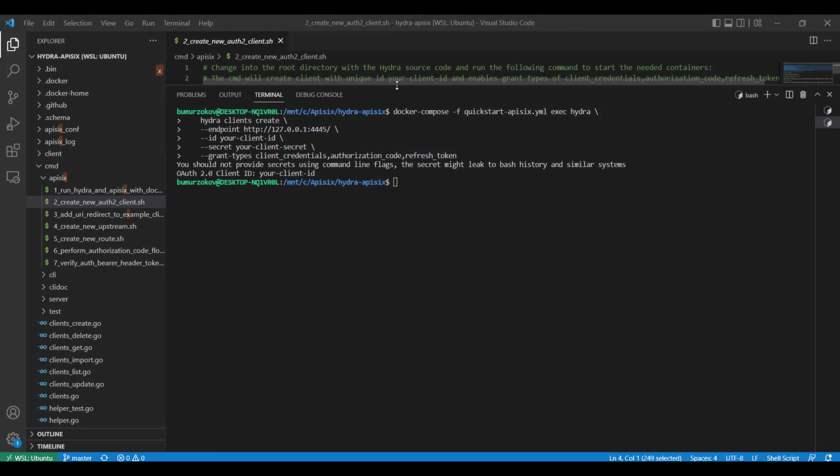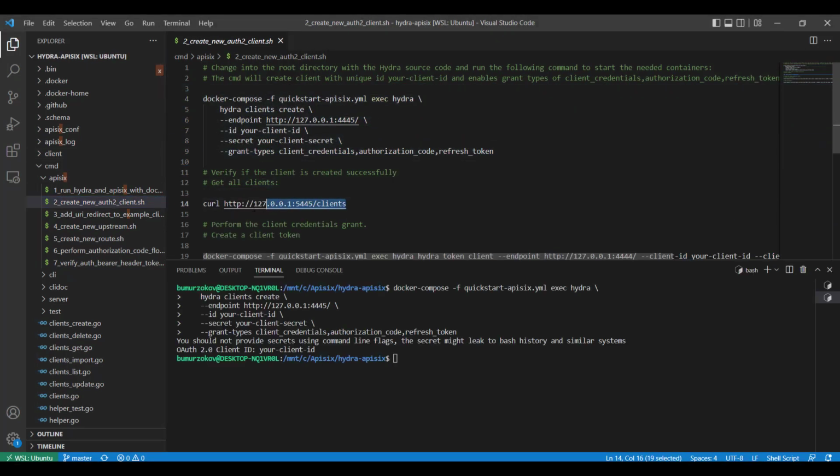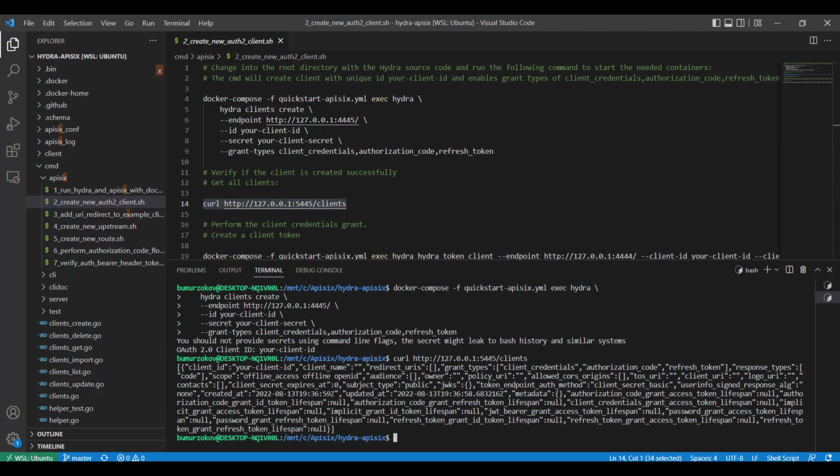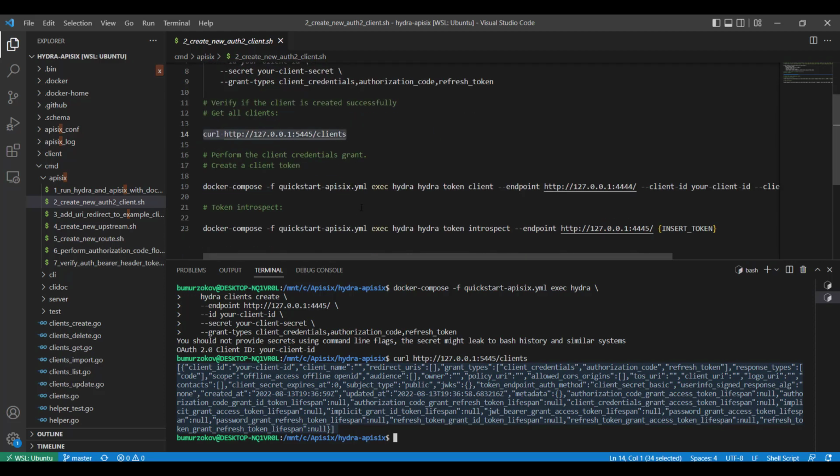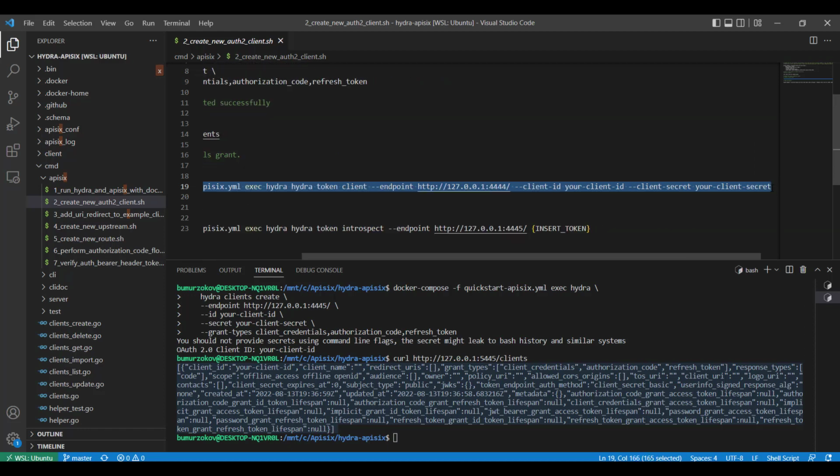You can also verify if the Hydra client was created successfully by running the following commands, sending a request to the Hydra admin endpoint, and then you will get a list of available clients. As you can see, in my case, I have a single client. I can also try to perform the client credential grant to create a token and get this token back by providing to the Hydra token client